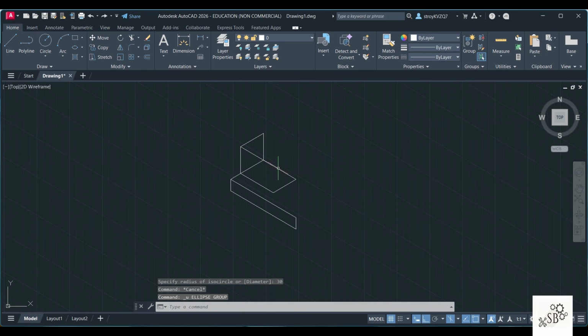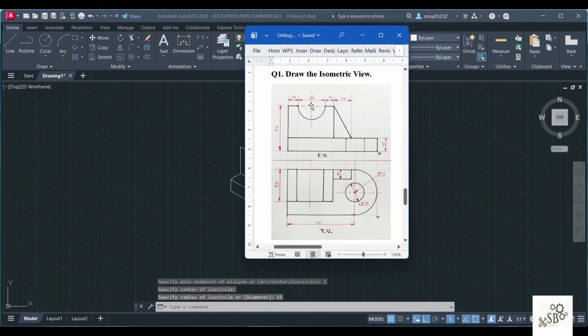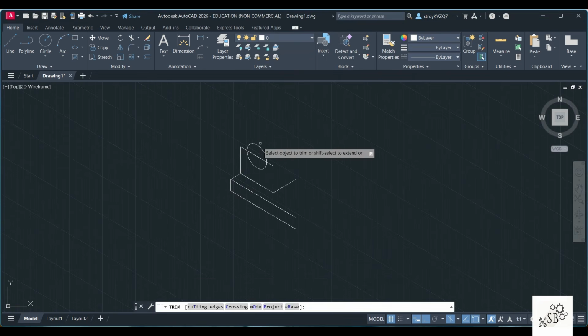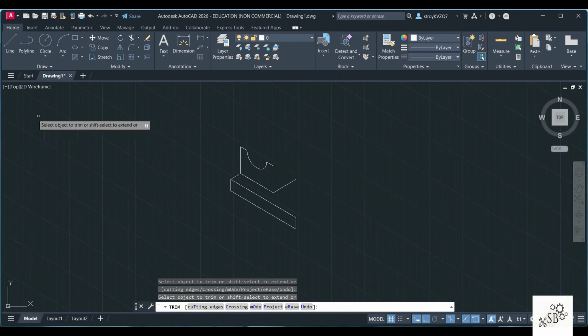Now you can see if I have to draw the circle, this line is creating a problem below. I'll just delete that. And these also, I want to delete because they will not be seen. I'll go to axis end. I'll choose iso circle. I'll select the center. And here I want to draw a circle whose radius is 15 because this is total of 30. So 15 is the radius. So once you've done that, go to trim and remove the upper portion and also this one.